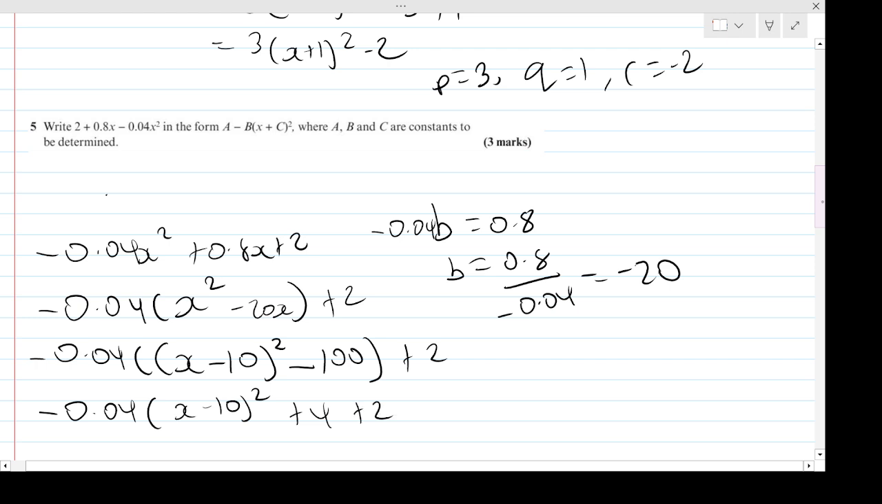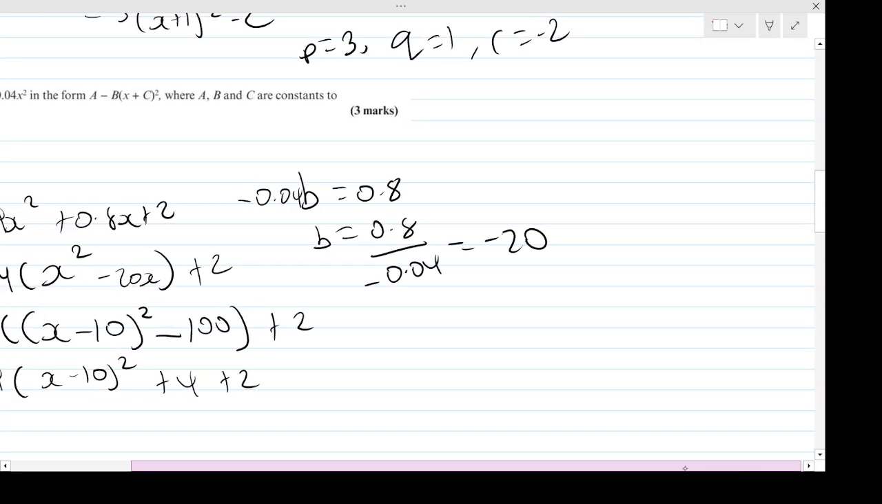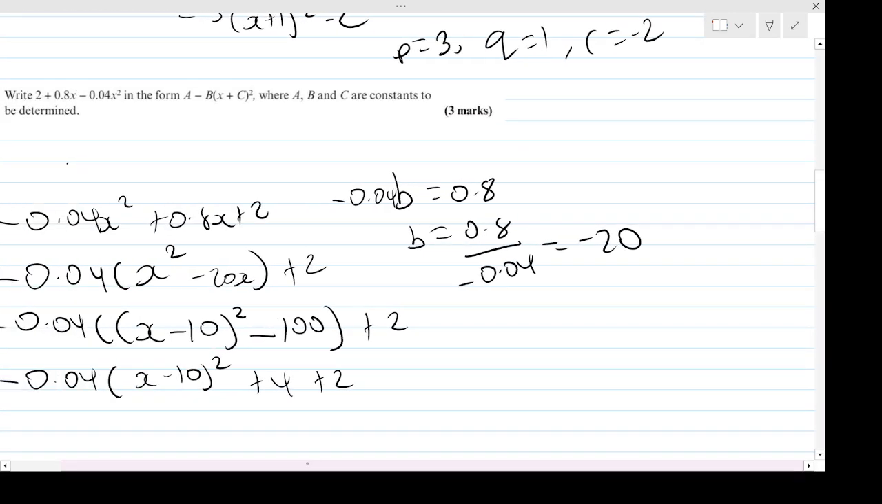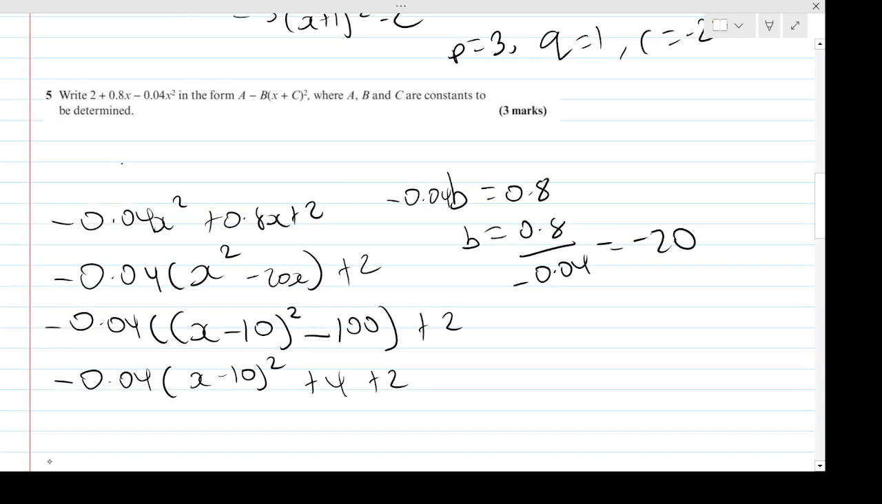And then we're going to have this plus 2 at the end, remember, which we expanded. Lastly, we can pull all that together by doing 4 add 2. We get minus 0.04 of x minus 10 all squared plus 6. And there we are. And you notice, we can rearrange it, but it's not exactly in this form because